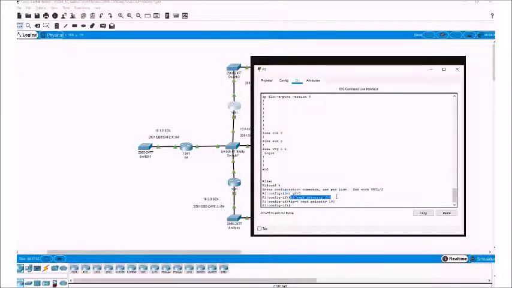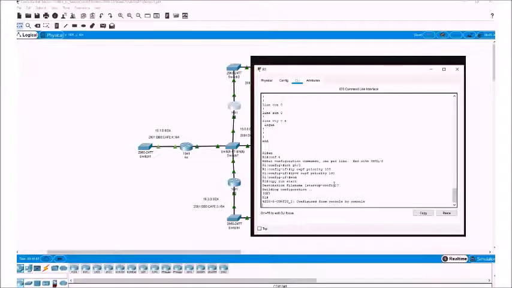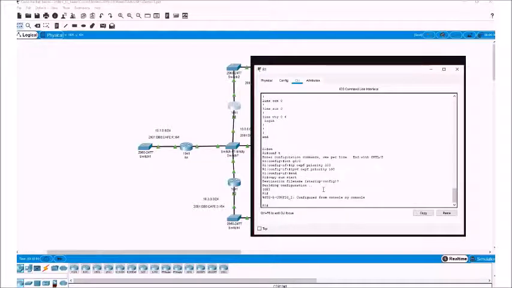I've set an OSPF priority of 100 for both IPv4 and IPv6, and copy. I'll save that configuration, and so now if we look at that show ip ospf neighbor,